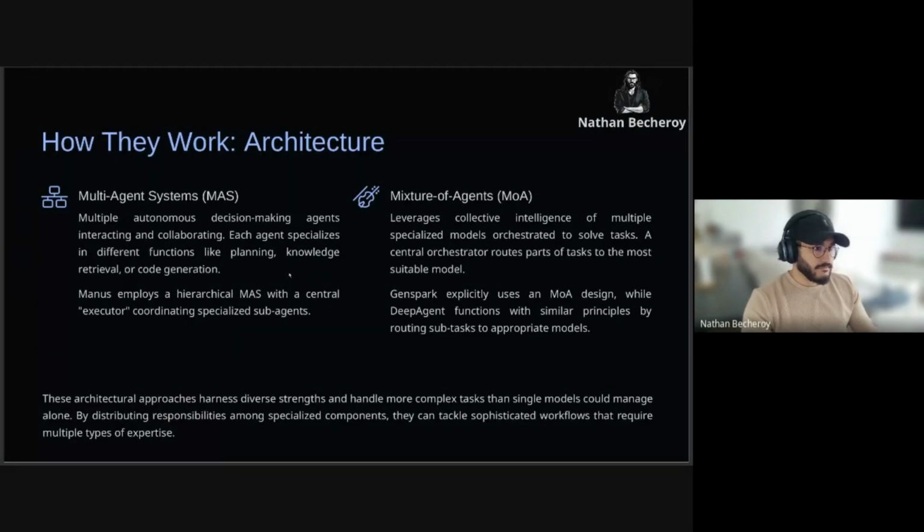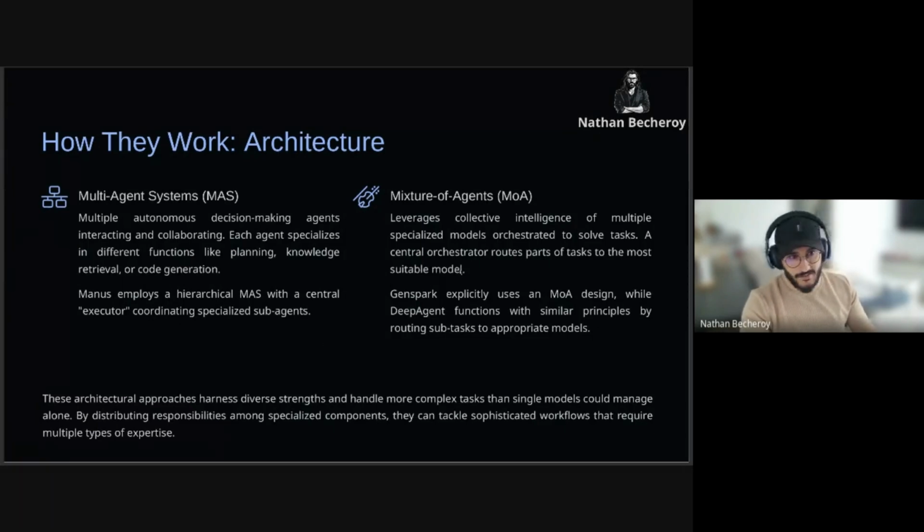So how do they work? You have two types of architecture in these tools. Especially for Manus, it's a multi-agent system that can autonomously make decisions, and each agent is specialized in different functions like planning, knowledge retrieval, or code generation, etc. Manus employs a hierarchical multi-agent system with a central executor to coordinate everything.